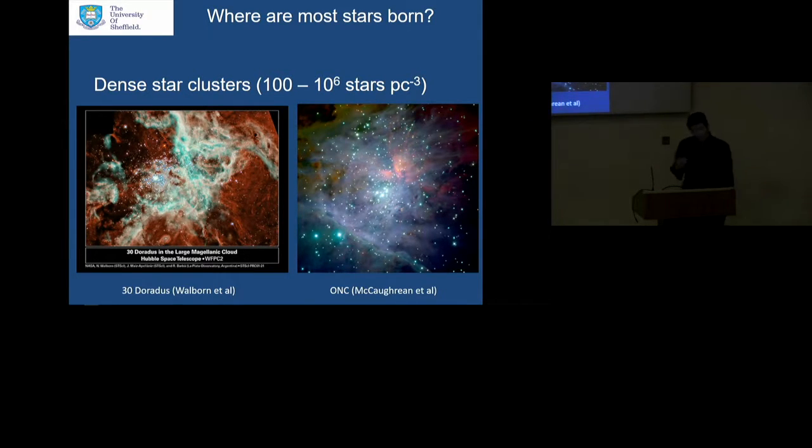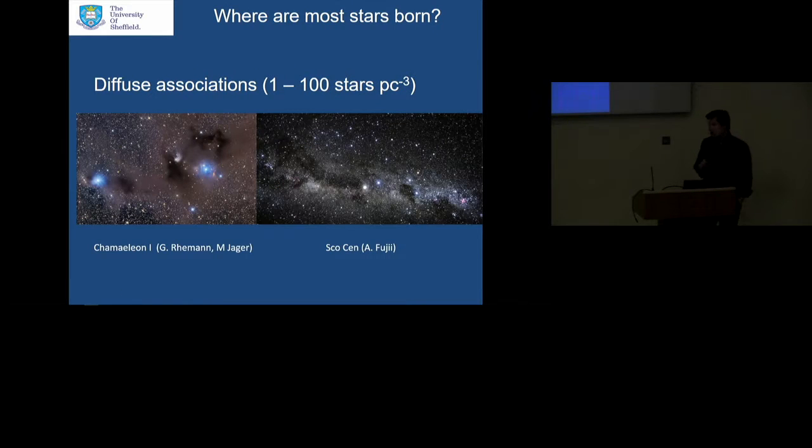So we know that some stars are in dense clusters, but we also know that there are some stars that are in less dense, more quiescent or diffuse regions. These are sometimes referred to as associations. This is just a historical terminology. But typically, these would have densities between 1 and 100 stars per cubic parsec. Now, the Sun today sits in an environment where the stellar density is only 0.1 stars per cubic parsec. So the point is young stars are always in regions of higher density than we're in today.